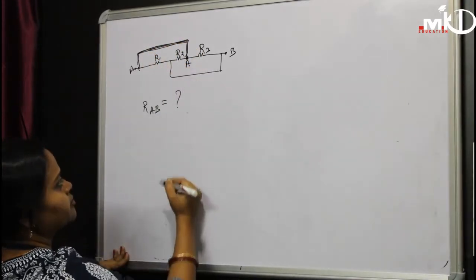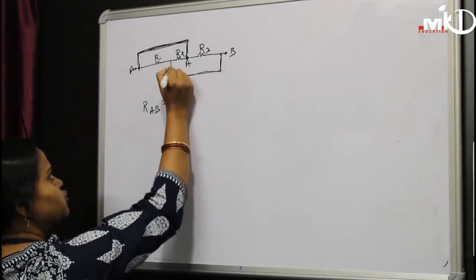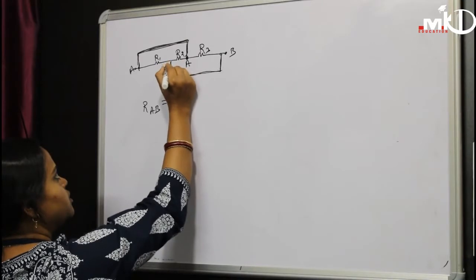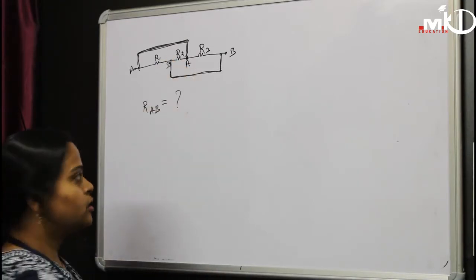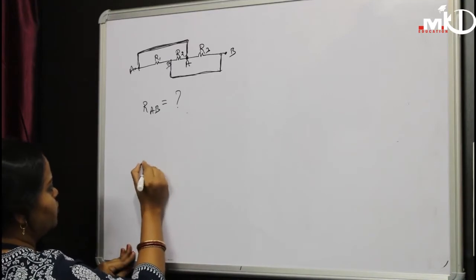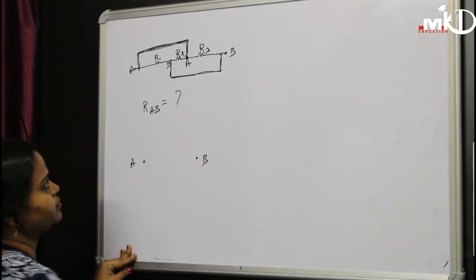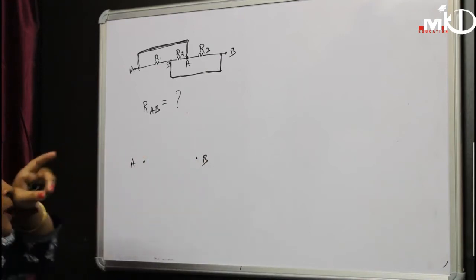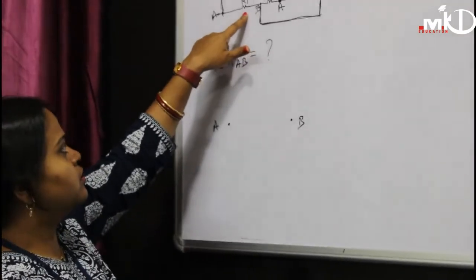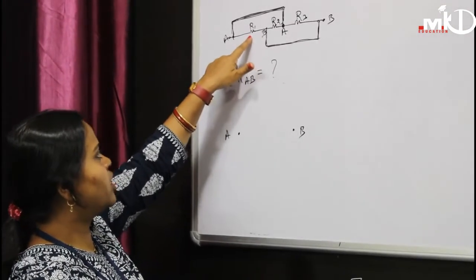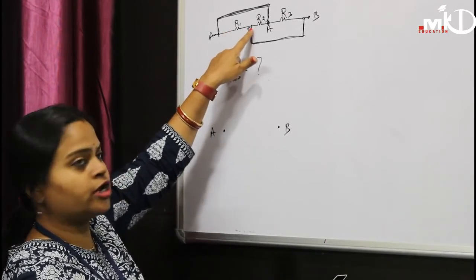This is point A. Similarly, this point B is this one. This is only one wire, so here also we can take this as point B. So separately, if we take point A and point B here, if you go for this R1, one end of R1 is connected to point A, another end is connected to point B.